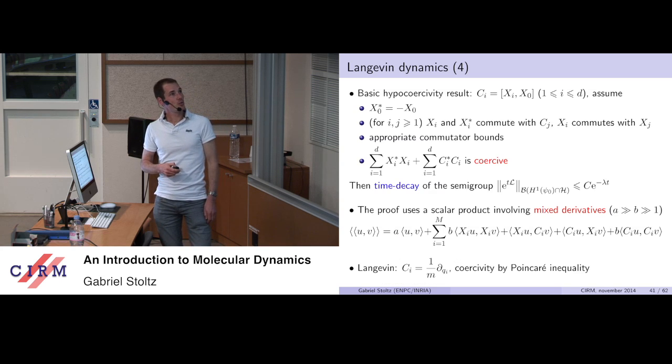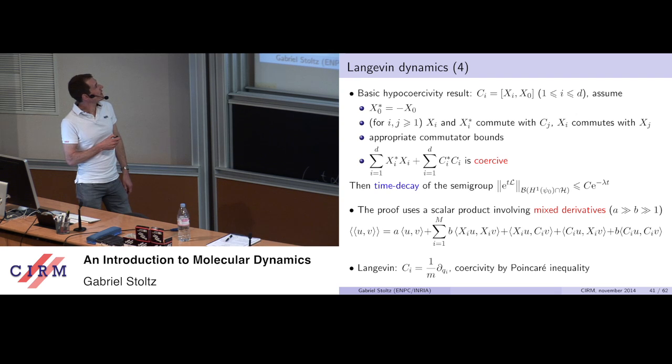One way to have something quite explicit is hypocoercivity, which I recall here. I like hypocoercivity because in the end, it's only a few pages of computation. The computations are quite simple, and it gives some structure in the equation. So the aim of hypocoercivity is to obtain an exponential decay of the semigroup in the H1 of psi naught norm. And it's said to be hypocoercive because here, in fact, you've got a prefactor capital C, which is not 1, but something which is larger than 1. Whereas if it was coercive, you could replace C by 1.